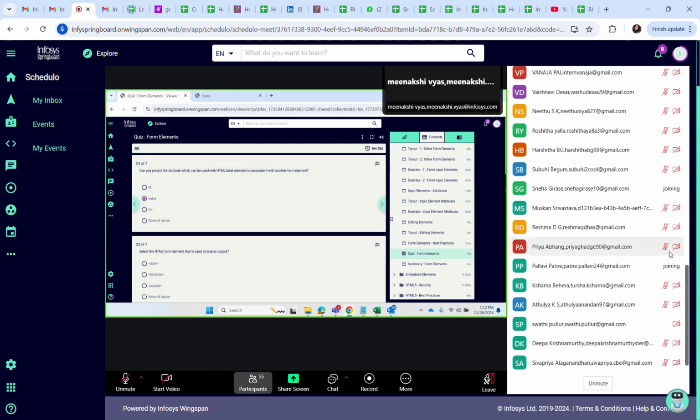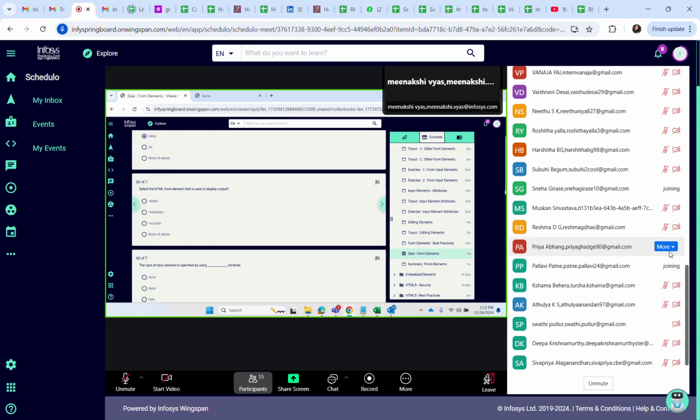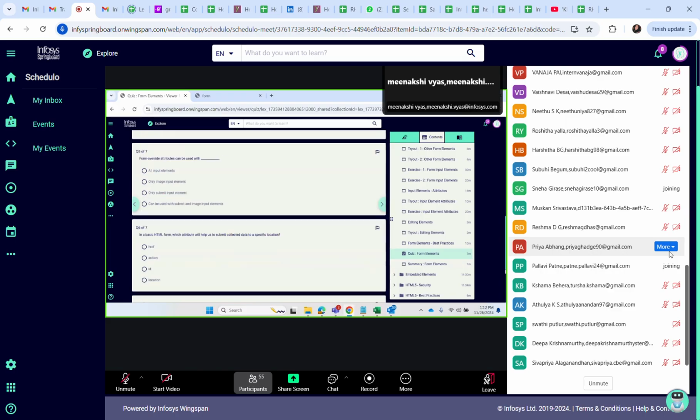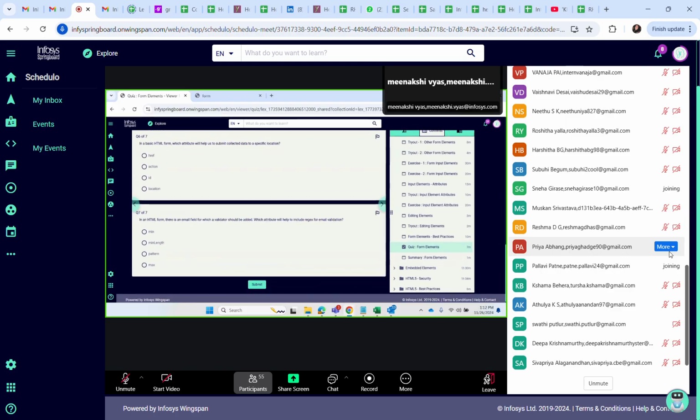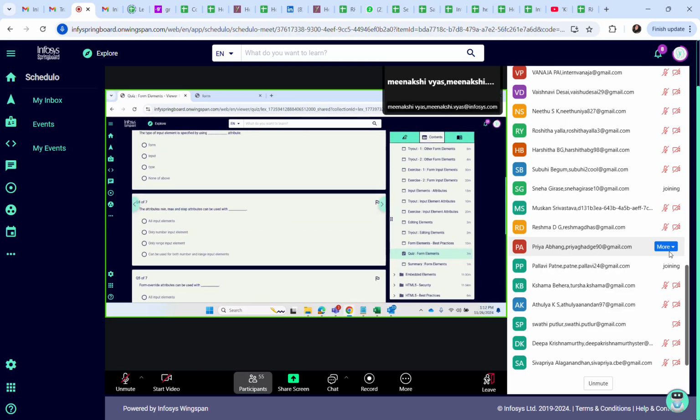For this particular group, I can select one value only. Likewise, I can select only one value for all the elements. Is it clear? Yes, ma'am. Thank you.